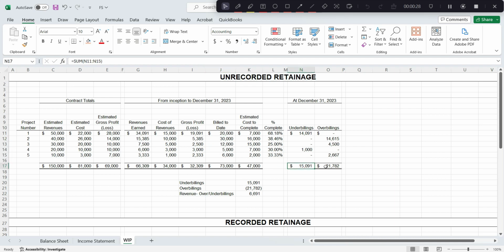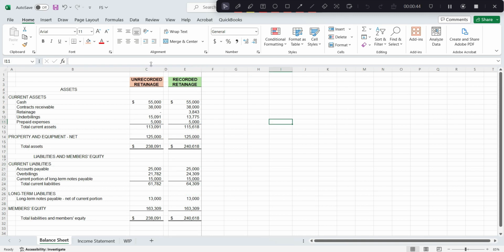We have our WIP calculated here, under billings of 15,091, over billings of 21,782. In this example, there is no retainage. Now, the balance sheet for this scenario, we have shown under column C, unrecorded retainage. There's obviously no retainage receivable. We're not really billing for retainage in the accounting software, so you're not going to see a